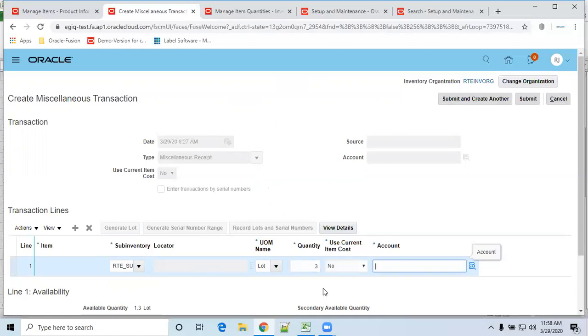Okay, once the transaction has been completed, if we check in your inventory the on hand quantity, if the on hand quantity UOM is each, what does the system have to show? It has to show 3 into 100. It means 300 quantity it has to show, because we defined the intra class between lot and each. Okay, so let me try that.